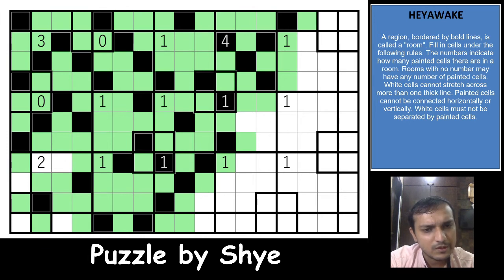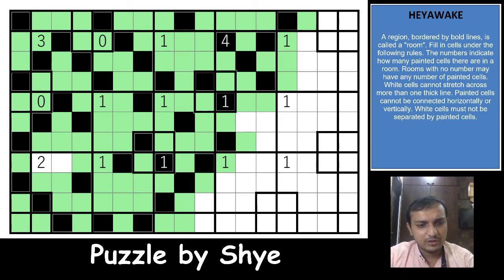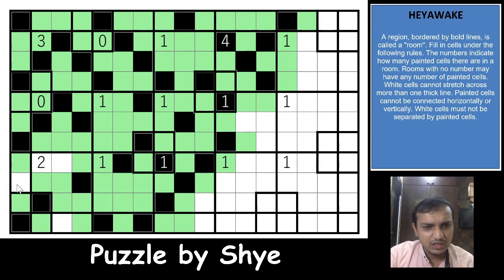Okay. Oh, that's a good piece of logic guys, that's a really good piece of logic. What happens if we unshade this cell? We'll have to shade this and this as well because of the thick border rule in this bottom corner, and that actually closes the white area at the bottom left. So which means that this will be shaded and both of these will be unshaded, and this will be shaded because of the thick border rule now in the column. So this will be unshaded. That's excellent, that is excellent.